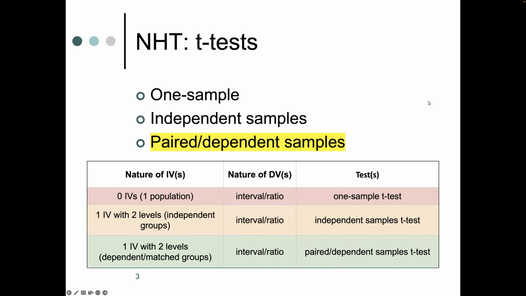All right, so this video is reviewing the paired or dependent samples t-test. And we're talking about this in green. You can see we're talking about one independent variable with two levels. So it's still dichotomous, but the difference is that we have dependent or matched groups. We're still going to have one dependent variable that's interval or ratio, and this is going to be in SPSS